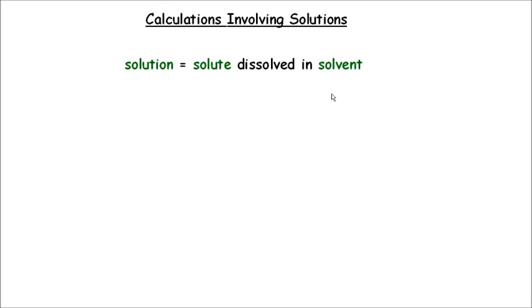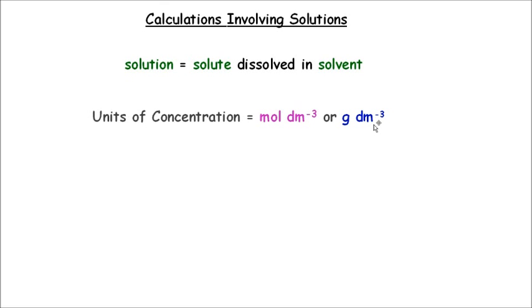Now, solutions in chemistry have two different units, and these are displayed here for you. The units of concentration are either displayed, more commonly, as moles per decimeter cubed, and we'll come to what that means in a minute, or grams per decimeter cubed. So it can be expressed in either way. It's important to know the difference between the two. In fact, this one here, moles per decimeter cubed,